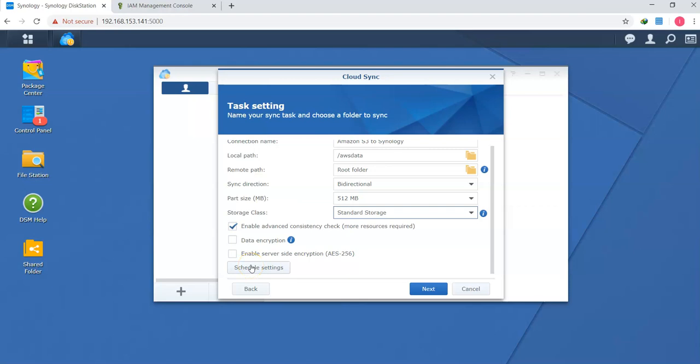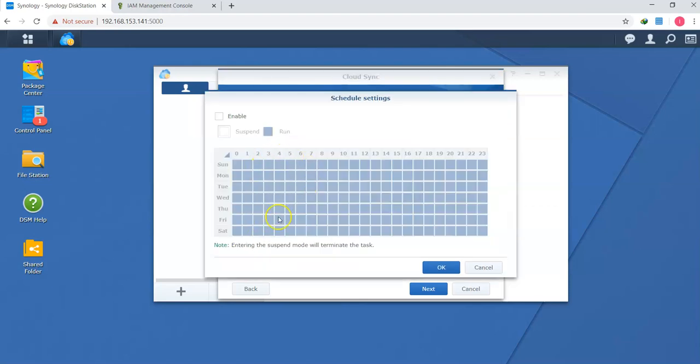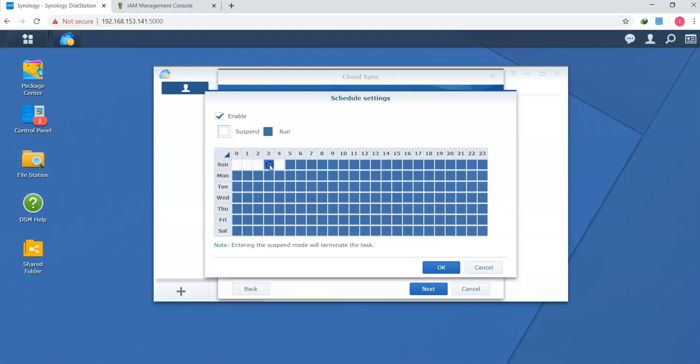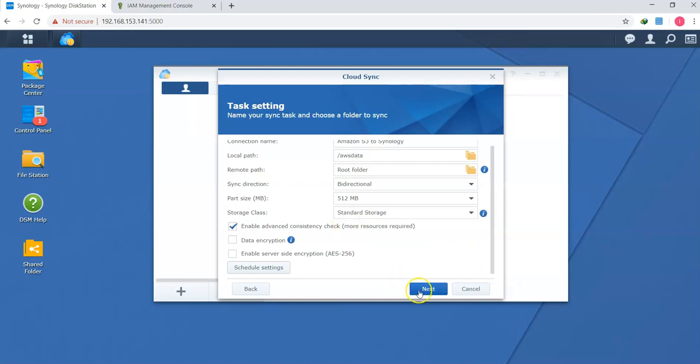The next option is schedule settings. In the schedule settings, when I want to schedule the sync, you can click on enable. You can select the particular time when the data should be synced. If you want to select a suspend time, for example on Sundays, I don't want to sync the data, I can unselect the option. Otherwise you can leave it as default. Click next,